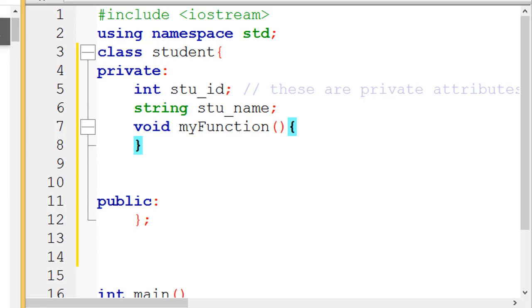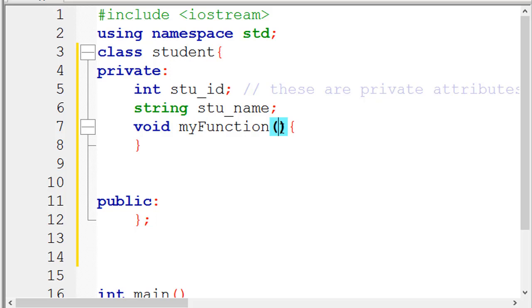A function is a block of code which only runs when it is called. You can pass data known as parameters into a function, but we haven't defined any parameter in this function. Usually parameters are defined inside the brackets. So functions are basically used to perform certain actions, and they are important for reusing the code. Define the code once and we can use it again and again many times.